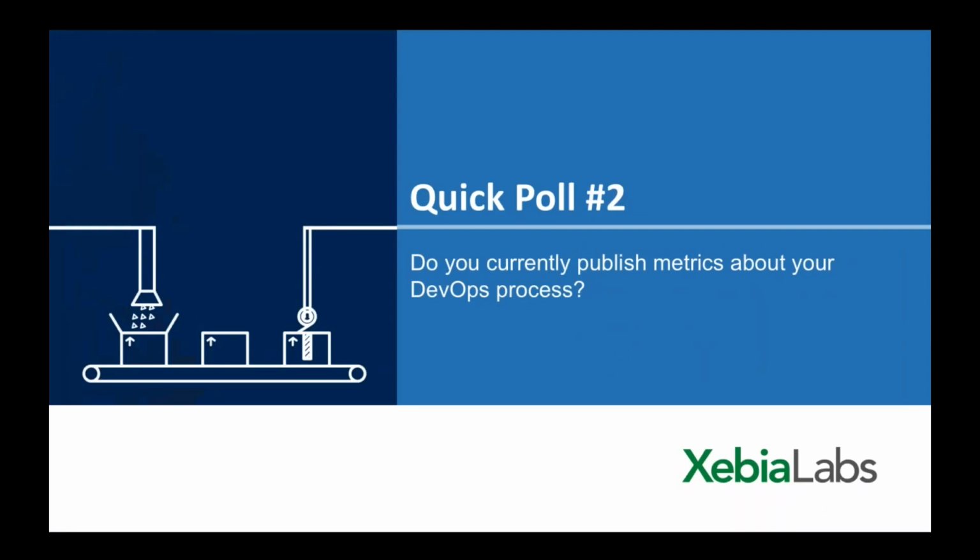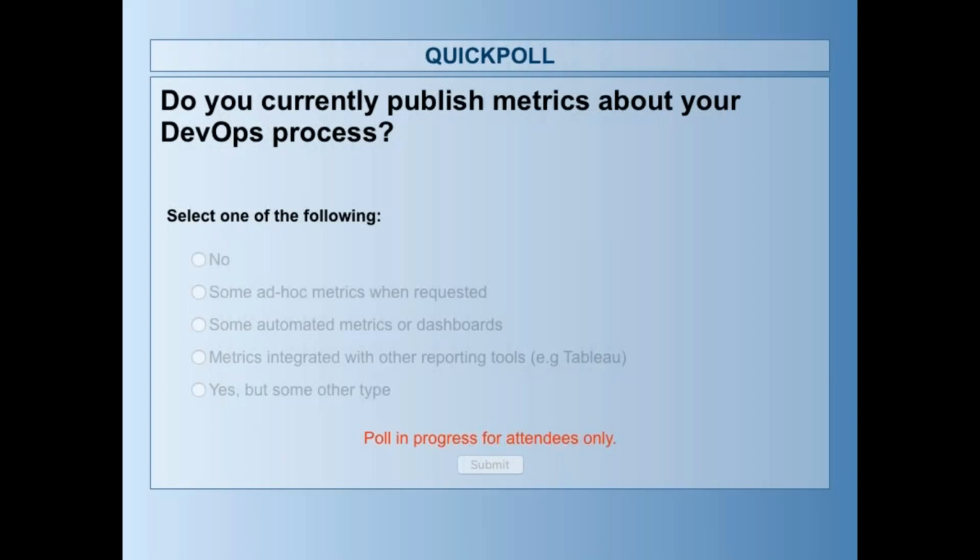So quick pause there then to ask you, what do you do today, right? So do you currently have a practice for publishing metrics and gathering and sharing that about the process that you are undergoing? If you're early in the process, I know a good percentage of you were still in the planning phase, don't worry about this question. You wouldn't have anything to measure. But those of you who are underway here, do you do any of these approaches for publishing metrics about your process today? So hold on one sec.